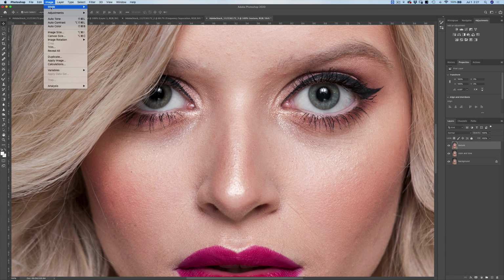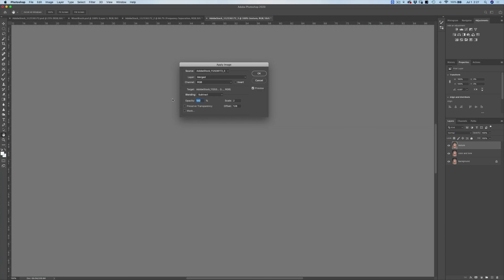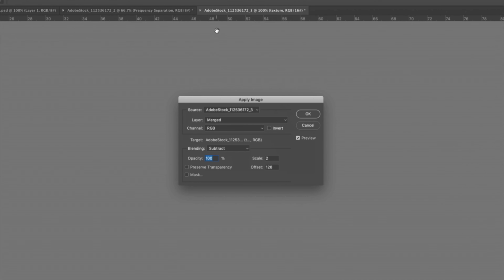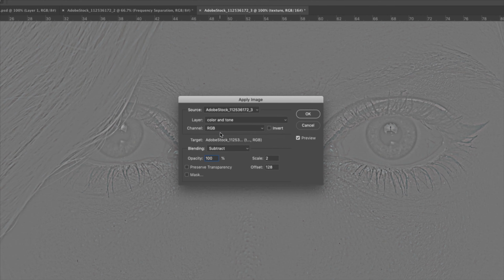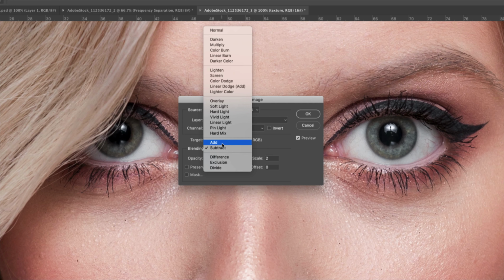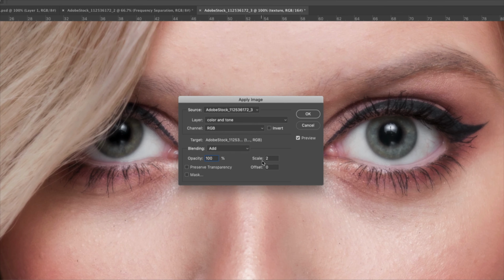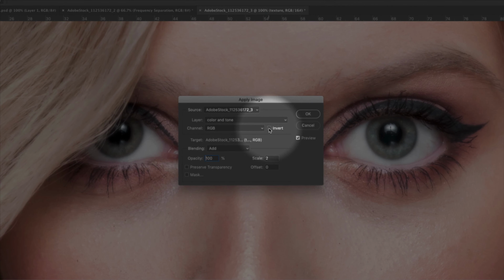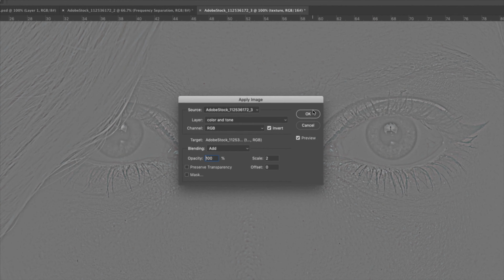We're going to go back to Image, Apply Image, and here's where the steps change. We're going to use color and tone again, but instead of subtract, we're going to choose add as our blending mode. The scale is going to be 2, the offset will be 0, but you do need to make sure that invert is checked.